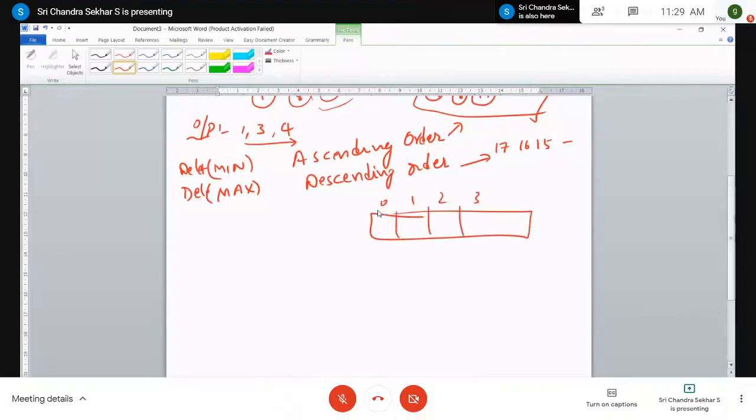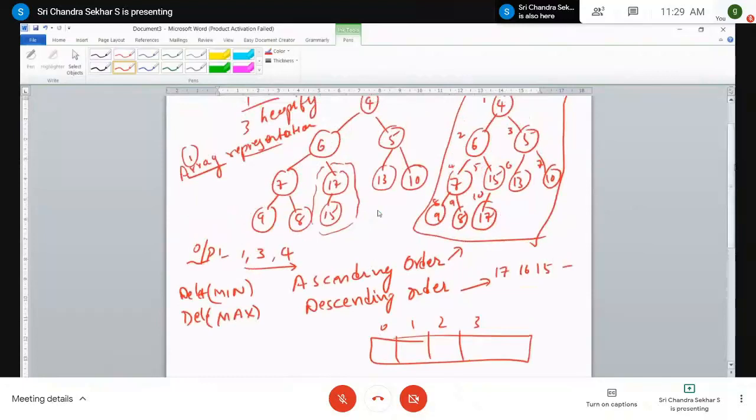You forget about this 0, and the first element is 4, the second one is 6, and this is 5, 7, 15, 13, 10, 9, 8 and 17, right? So 7, 8, 9 and 10. So the same thing which we have applied for the representation of binary tree using arrays is the same concept you need to apply for representing the complete binary tree using arrays.